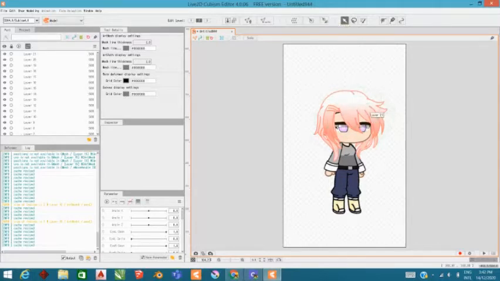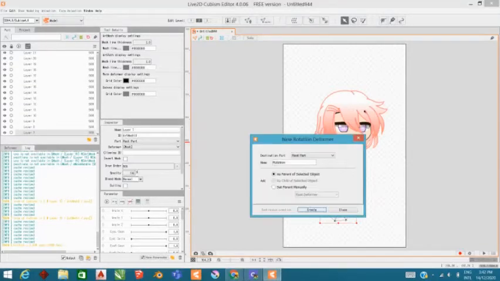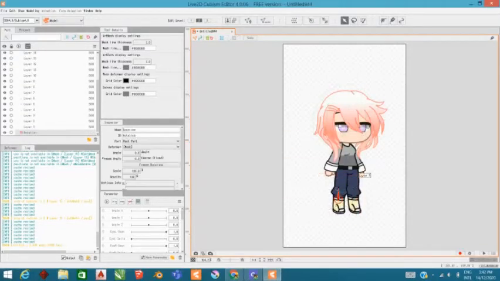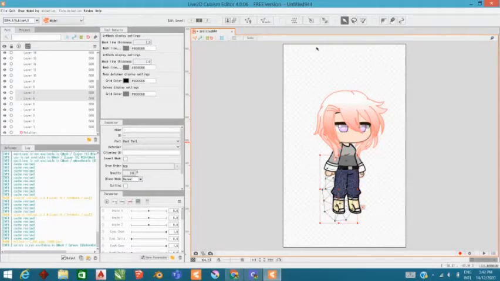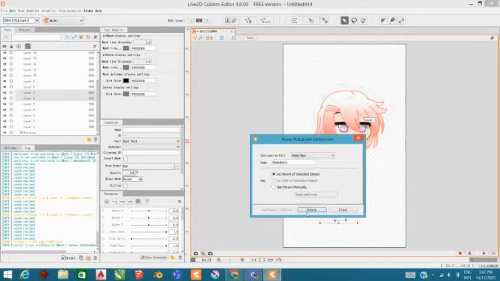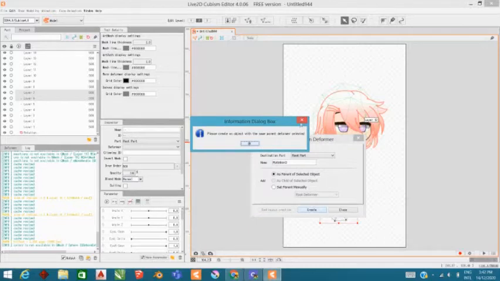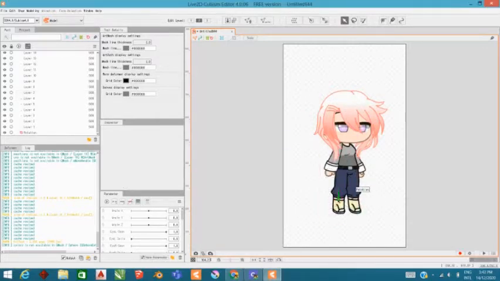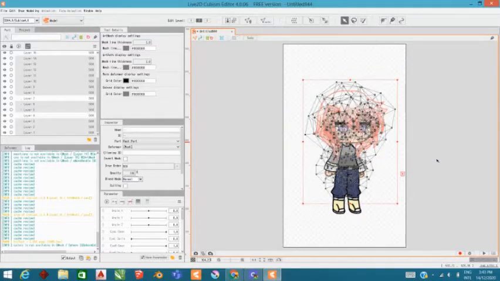So we have to do it in specific order unless you want this to happen. Yep, we don't want that to happen, so we're gonna do this in a specific order. Get your pens ready because you really need to memorize this.